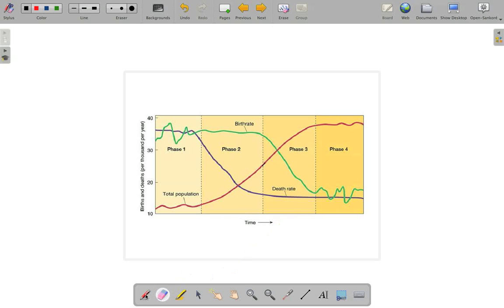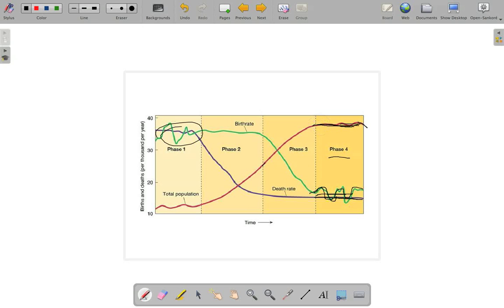All right, and the last section over here, phase 4, or a developed society, right? What's happening? Now the birth rate, just like over here, it goes up and down, but it's pretty stably low, right? A very low birth rate. Also a very low death rate, right? So total population or natural increase is slow, possibly a little bit of decline, right? You start to see possibly a little bit of decline,